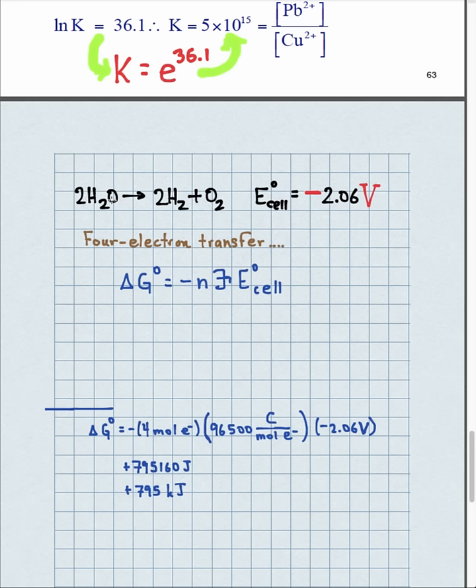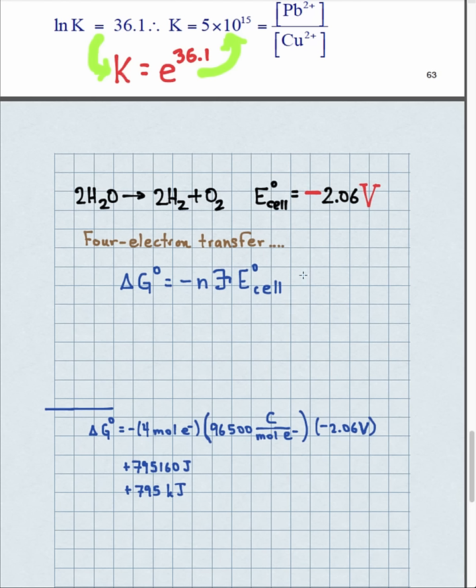So if I look at the oxidation state of oxygen, it is 0 here. The oxidation state of this oxygen is -2, and there's 2 of them. So 2 -2's go to 2 zeros, and so that's actually a transfer of 4 electrons. So n equals 4 here, and the Faraday's constant and the cell potential, -2.06. So you just take -2.06, Faraday's constant, and the number of electrons transferred. There's a negative here and a negative here, and it comes out to a positive free energy change of 795 kilojoules,